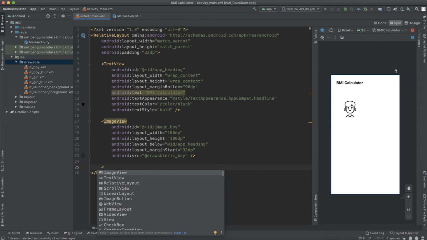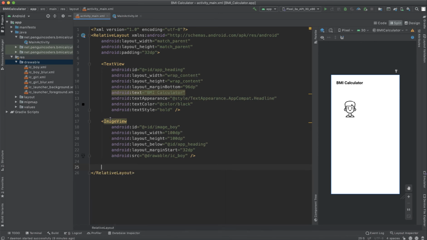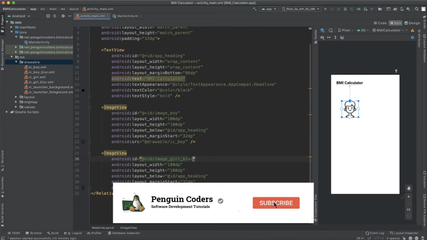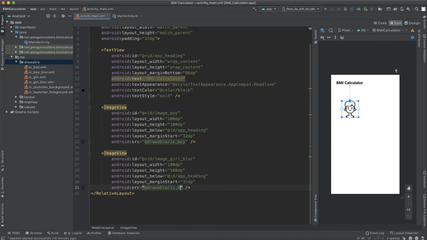Similarly, I will add an image of a girl and I can copy all the attributes here. So I will copy this image view and then paste it here, just changing a few parameters from image boy. The ID will be image girl, and let's keep girl to blur by default. So the image drawable would be IC girl blur.